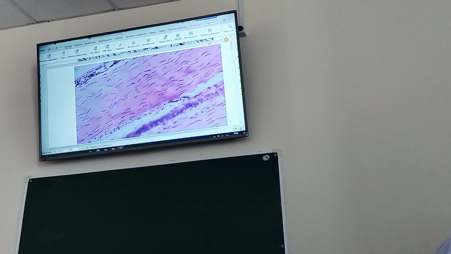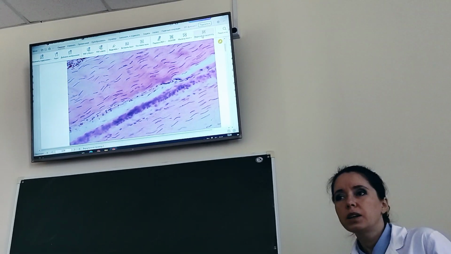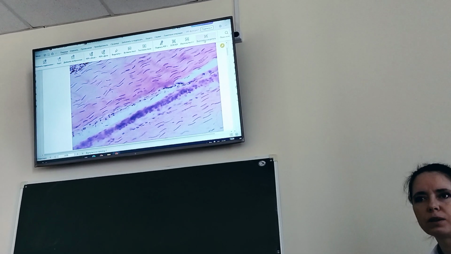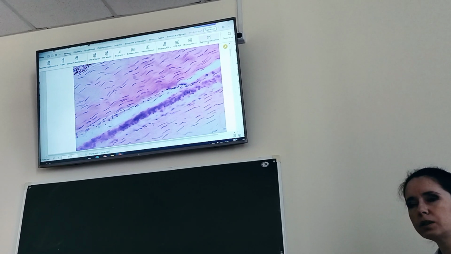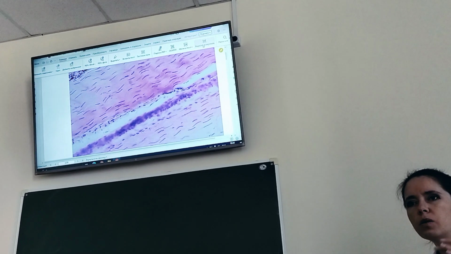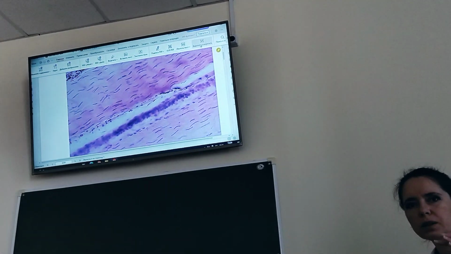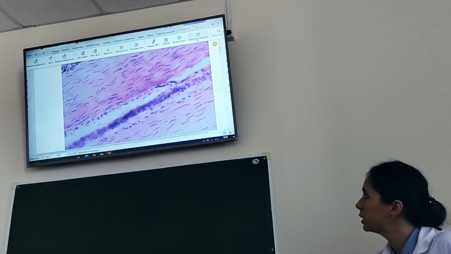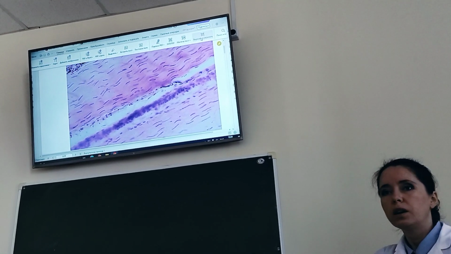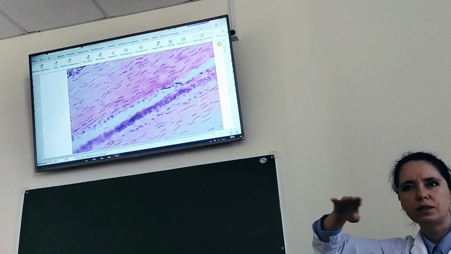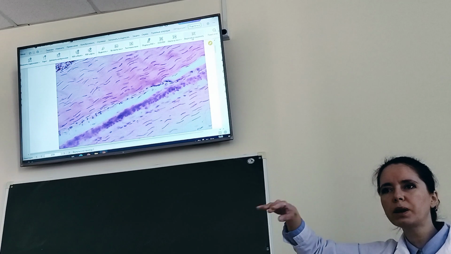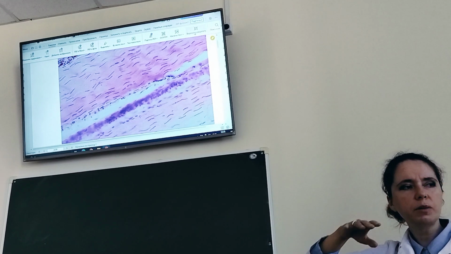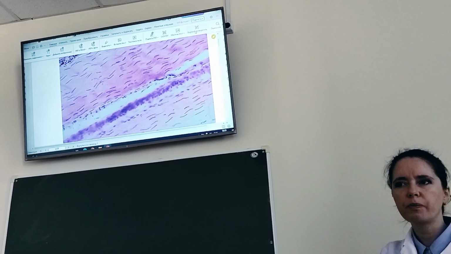We move further. In contrast, what is this? Another type of fibrous connective tissue, now dense regular. Full classification: this is dense regular fibrous connective tissue, on the example of a tendon stained by hematoxylin eosin. How can I identify it? What helps me to classify this slide? First of all, I can see highly organized, strictly parallel, long collagen fibers, tightly packed, with no spaces between them,